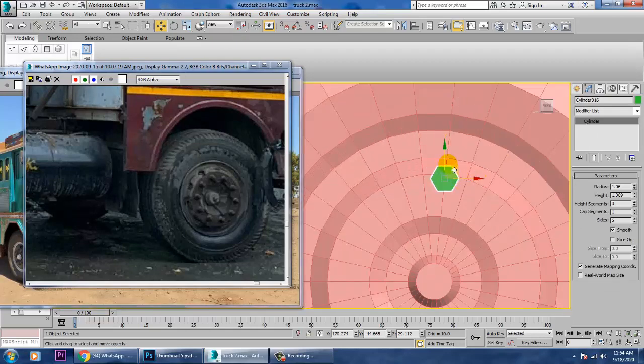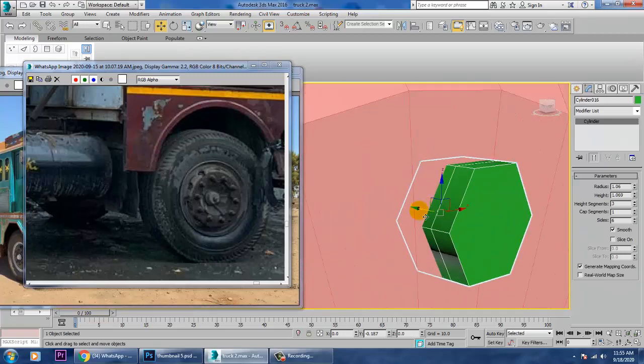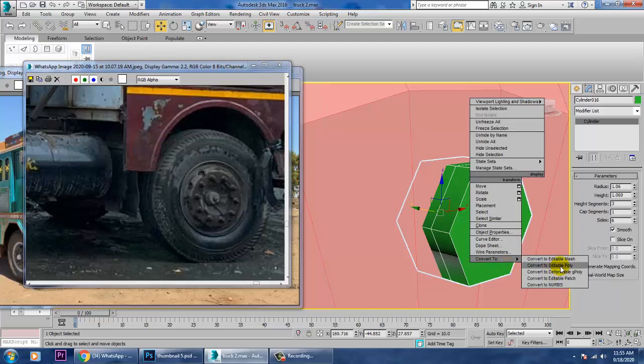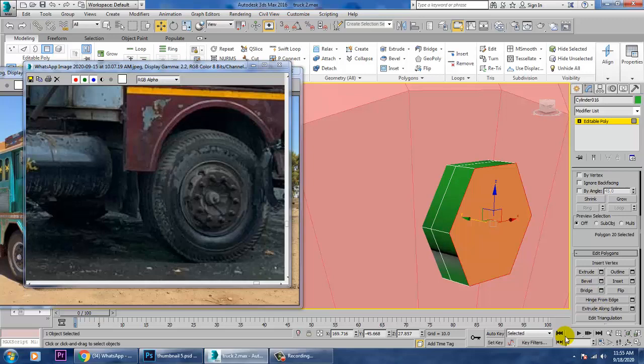So let's go over here and scale it. Convert to poly, select these polygons, just give a bit of inset over here and just extrude a bit.